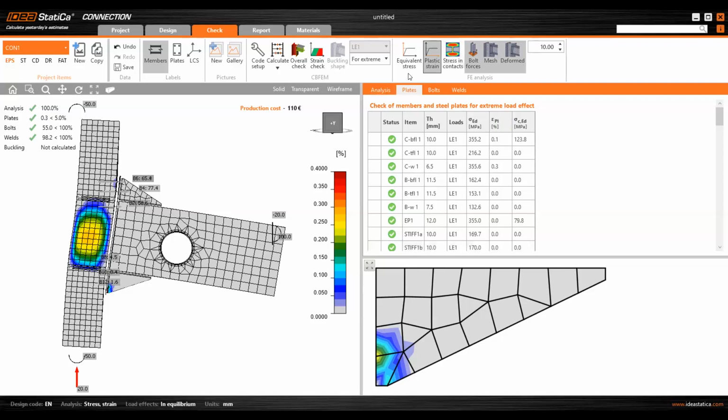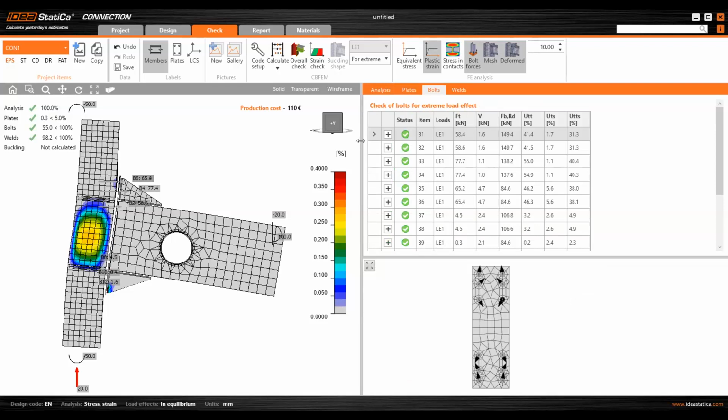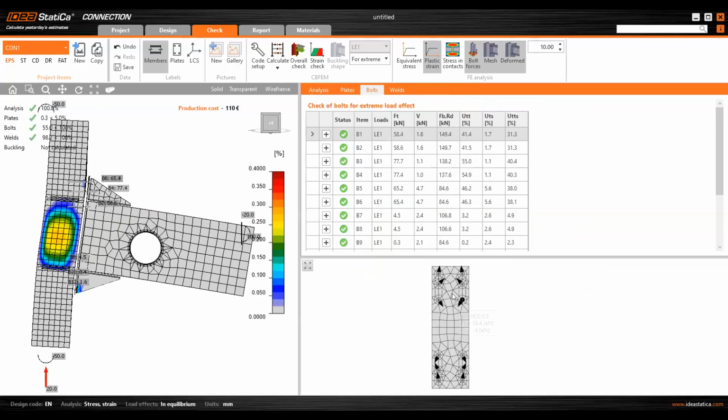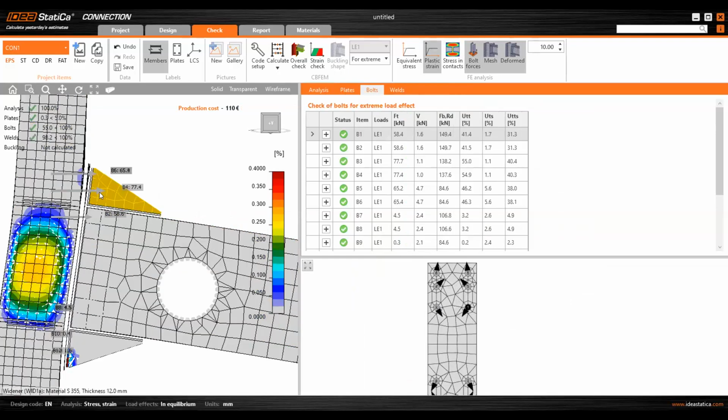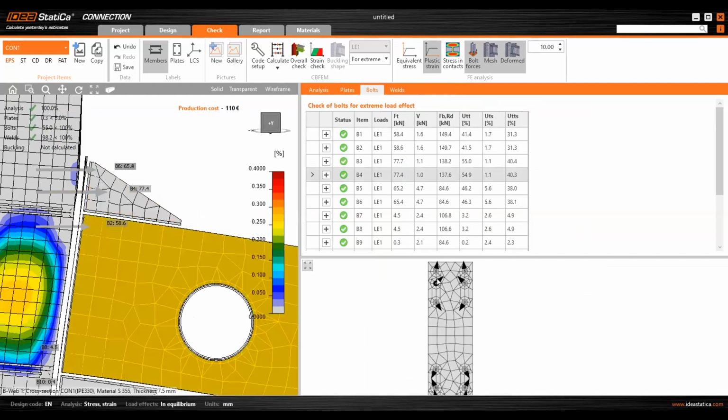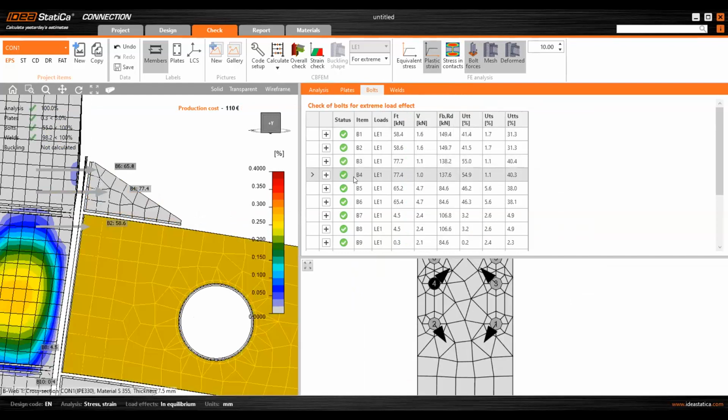So here we can check the status of the plates, and of course we can check the status of the bolts. For example, I would like to know about this bolt. This bolt is number 4, the right bolt, B4, and we see here what kind of tension force appears in the bolt, what kind of shear force appears in the bolt, and its resistance and utilization level